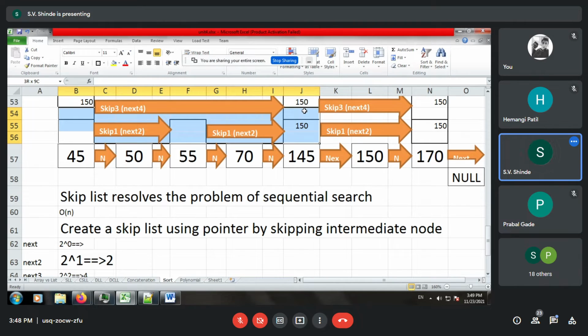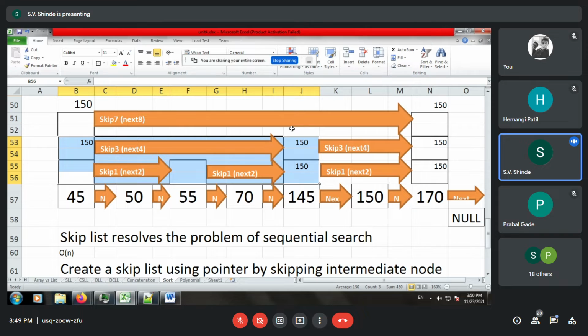So this strategy of when to add the number of required pointers is another dynamic approach for designing a skip list. Yes, participants, did you understand the problems related to designing a skip list?